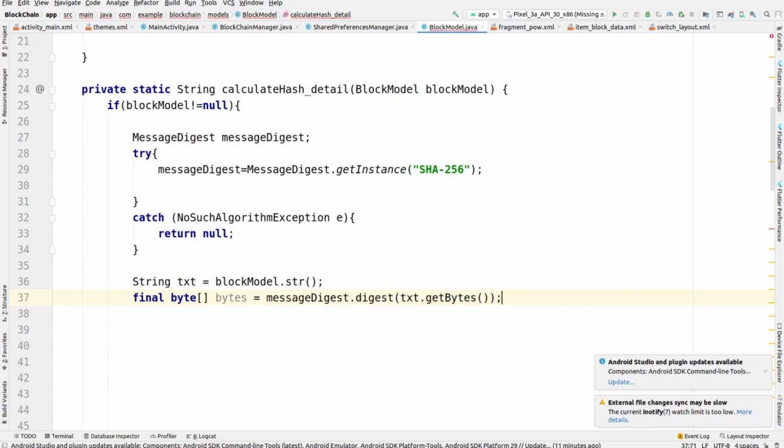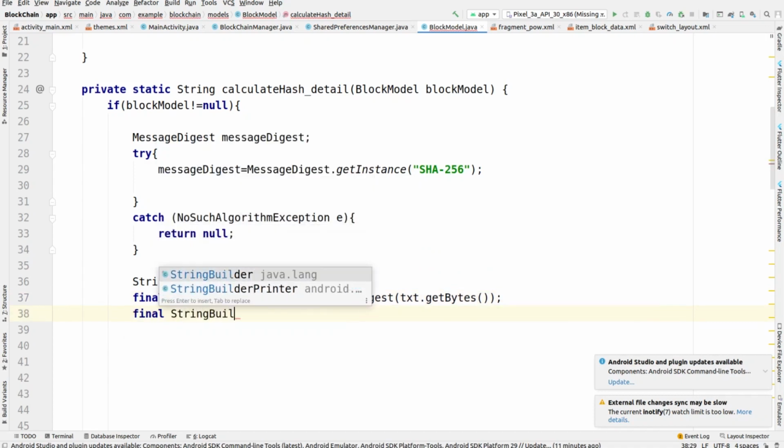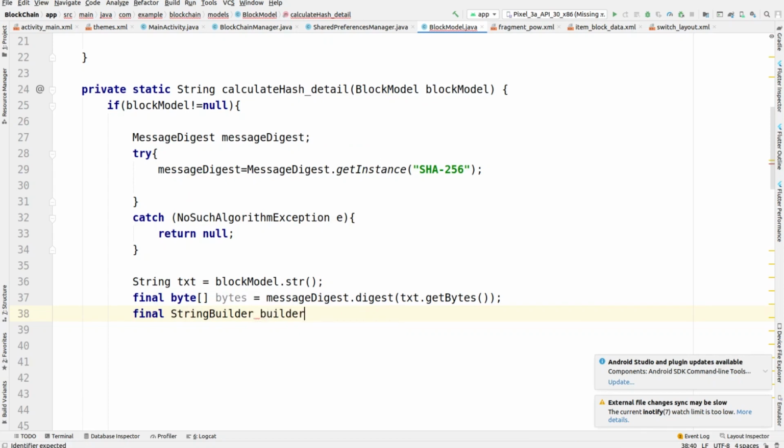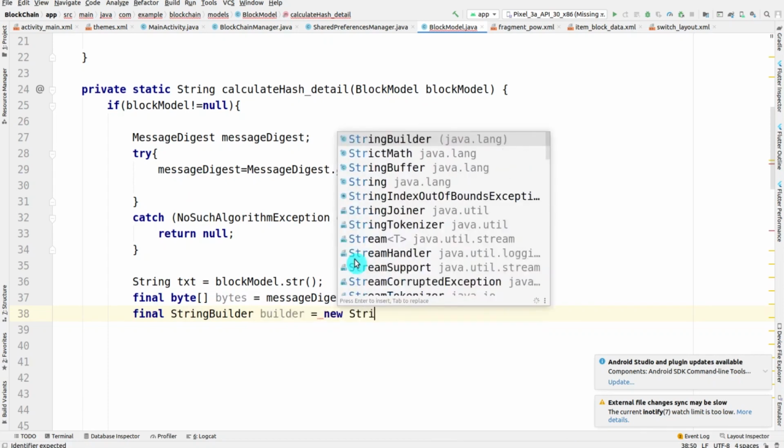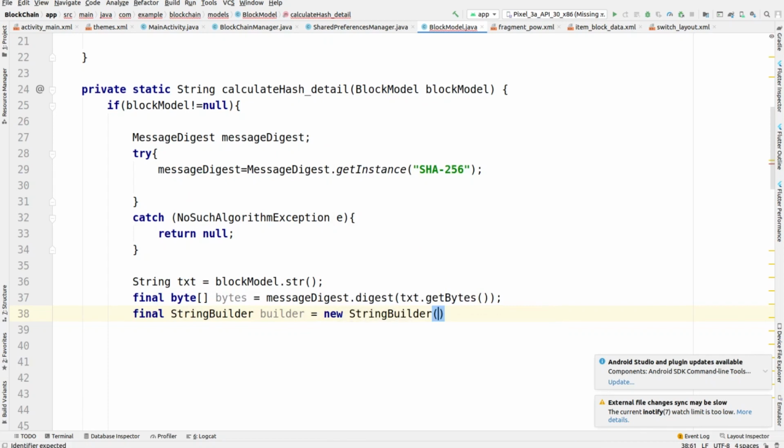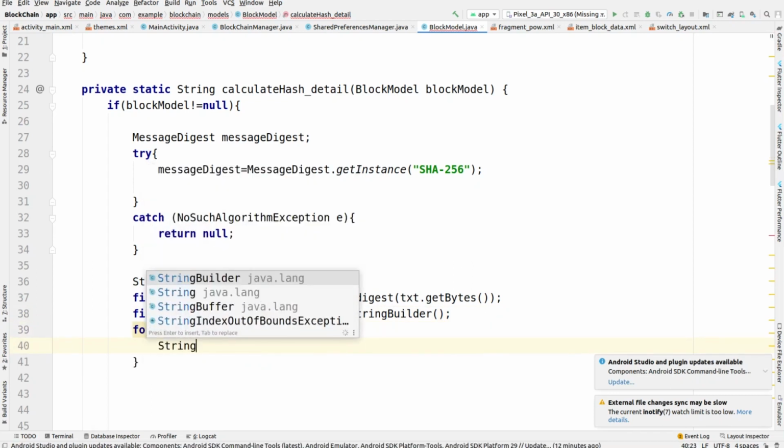So we are just encrypting the summed up values of the model class and then passing them into the byte array, and by using a StringBuilder further we are taking the values in the form of a string, but we need a for loop for accessing each element of the byte array that we have created.